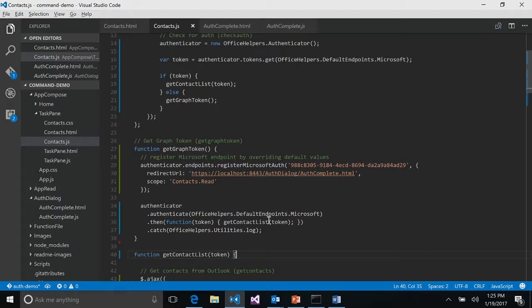Using that Office helper, I didn't have to call the display dialog API myself. It was all handled for me. So it makes it super easy. And even though I demonstrated logging into a Microsoft account, you can actually use that Office Helper to log into any sort of third-party OAuth 2 compliant auth system. Facebook, GitHub, you name it.